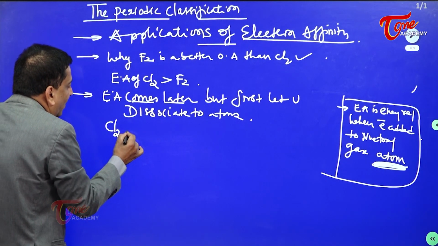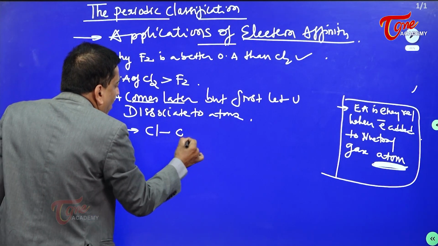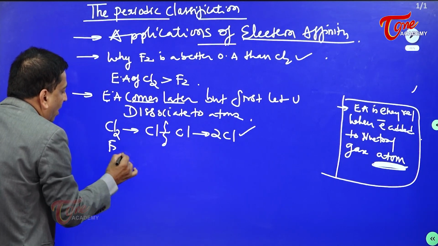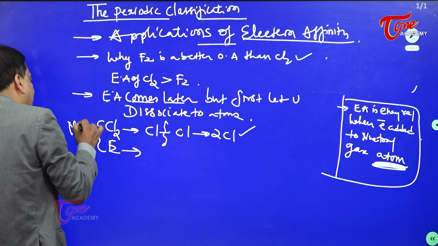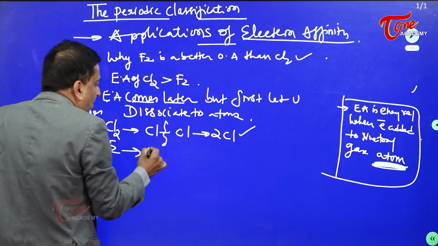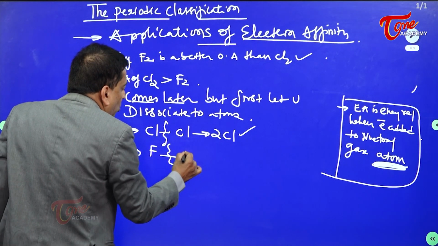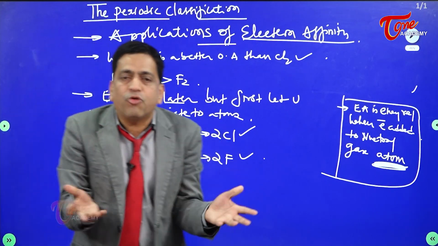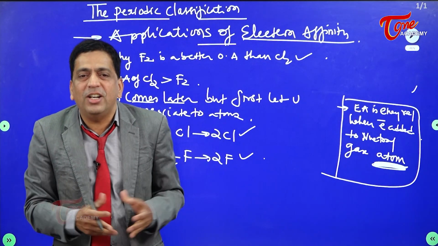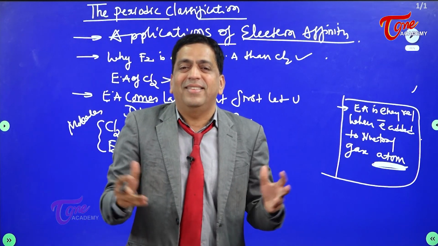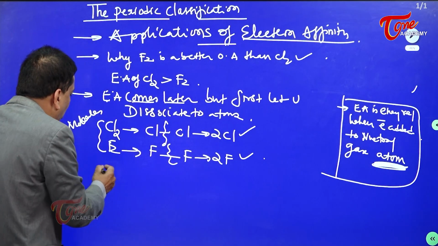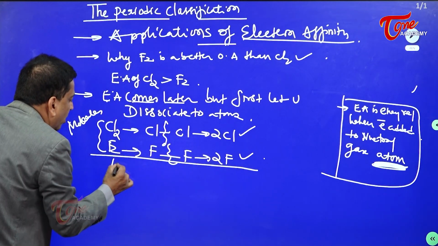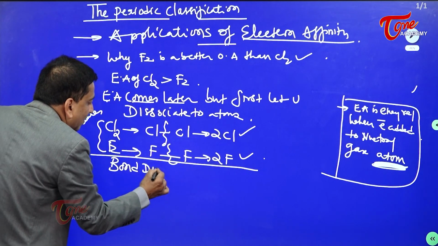The chlorine, which is having a single bond, must be broken into 2 chlorine atoms. That is how it is. And the fluorine, these are molecules. They must first be cut into atoms, into 2 fluorine atoms. This must be the first step. Then you try to add an electron. Then, this is a question, to break this, if you look into the bond dissociation energies,